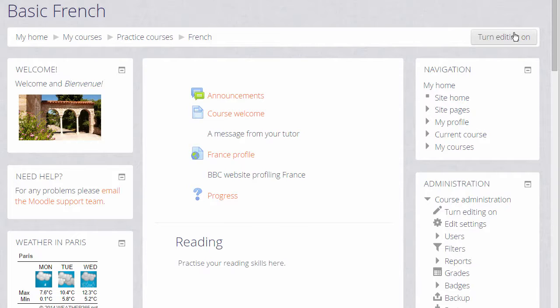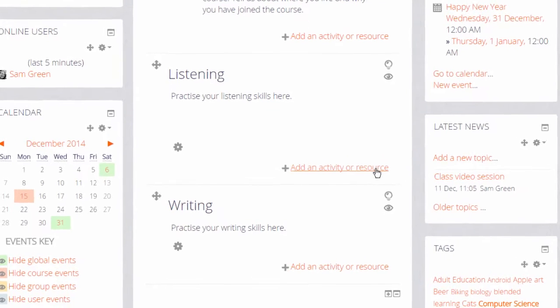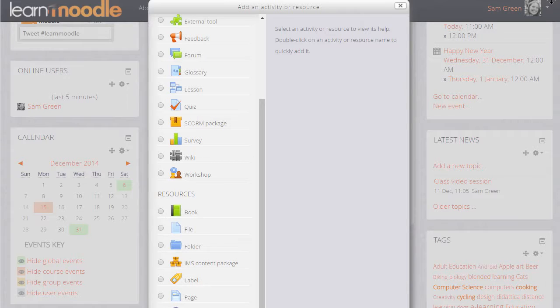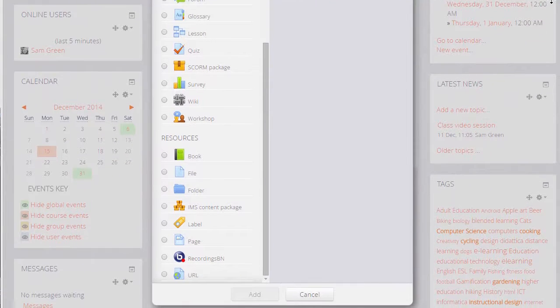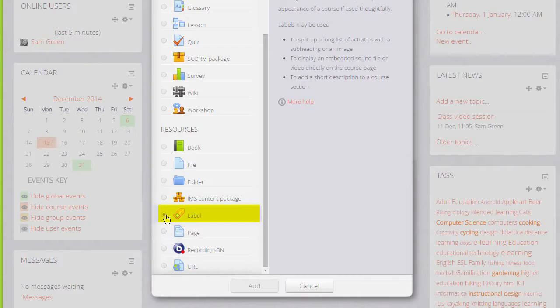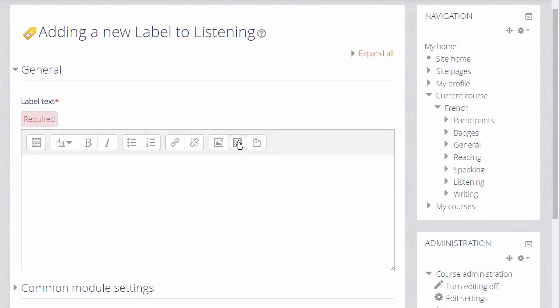So with the editing turned on, either by clicking the button top right or the link in the administration block, we then click Add an activity or resource to get to the activity chooser. And we scroll down to Resources because Label is a resource. And when we click to add the label, you can see that it's basically just a box with a text